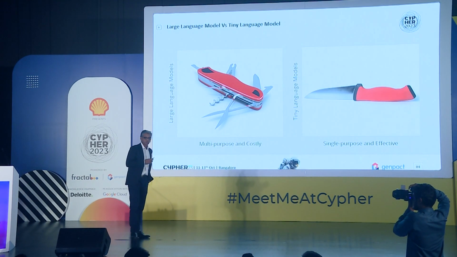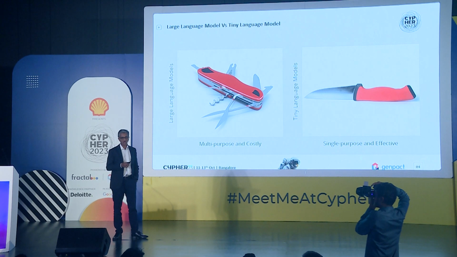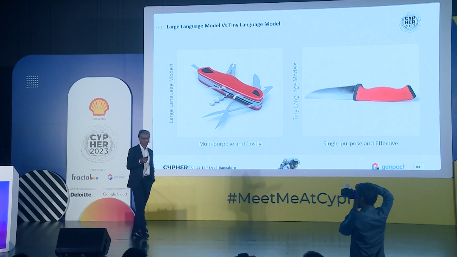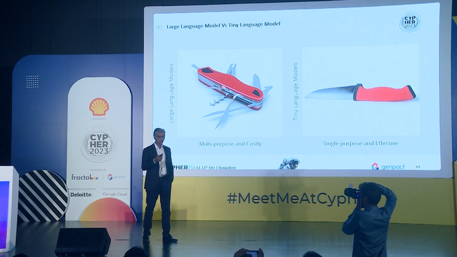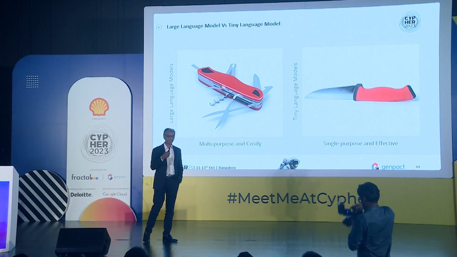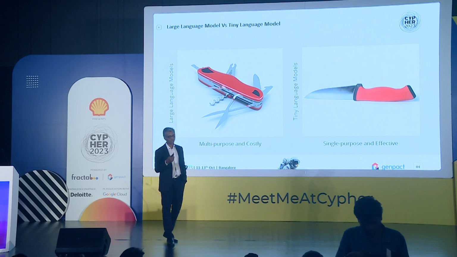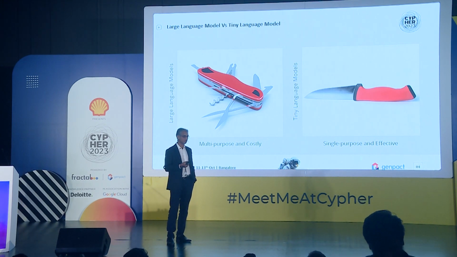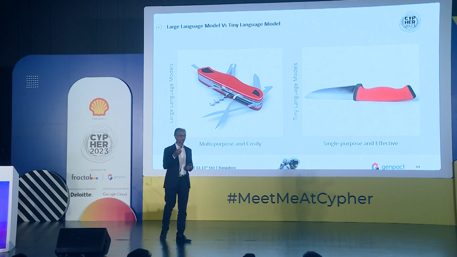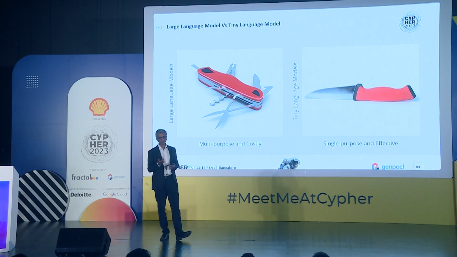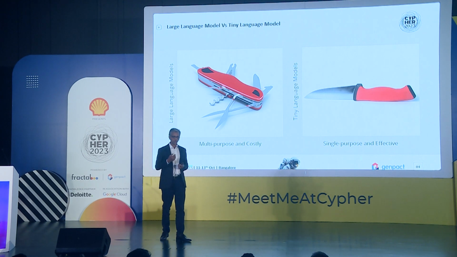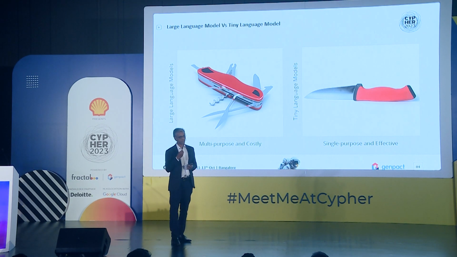So do we really need a large language model? Let me take one simple use case. You want to extract the entities, the key information, out of a typical insurance document. What do you want to extract? You want to extract the insurance number, the name, and the root cause of the claim, etc. Will you ask who is the Prime Minister, or who is the President of the US?